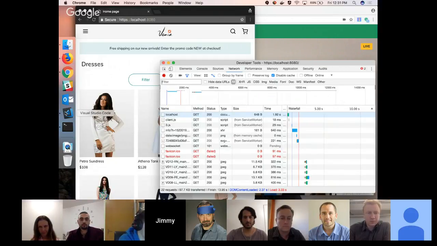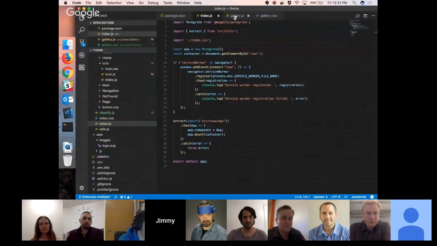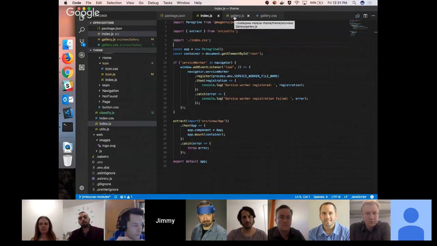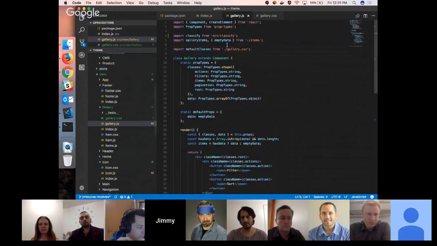So I had mentioned before that every part of this app is components from the top down. That's how React works. And so I figured we could go look real quickly at what it looks like to write a component, because you might be familiar with UI components in Magento. This is really just idiomatic React components. And so we'll take a look at what that is here. Here we have the gallery component, which we saw on that category page there.